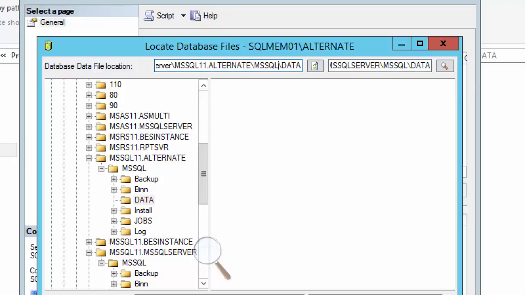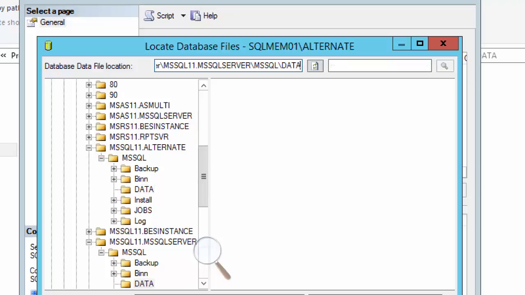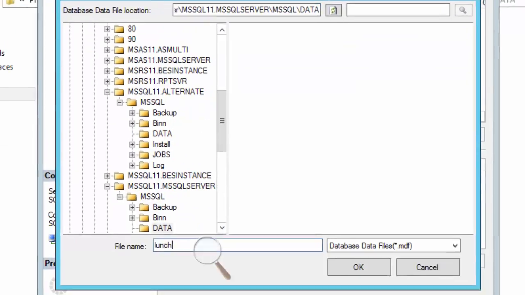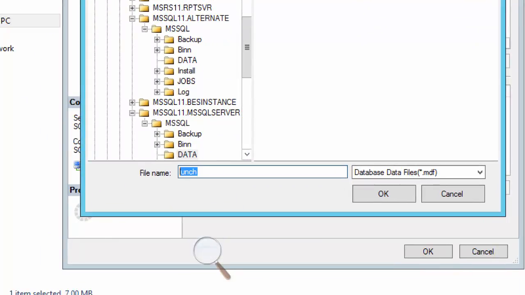So we're just going to change this one instead. And file name would be lunch. It's okay, let me just put the path here instead.